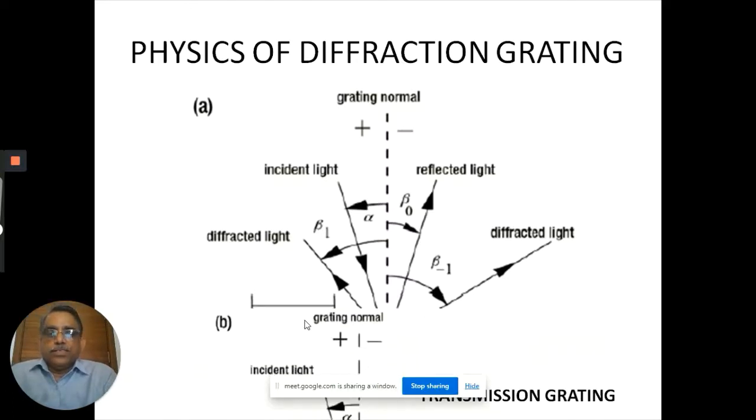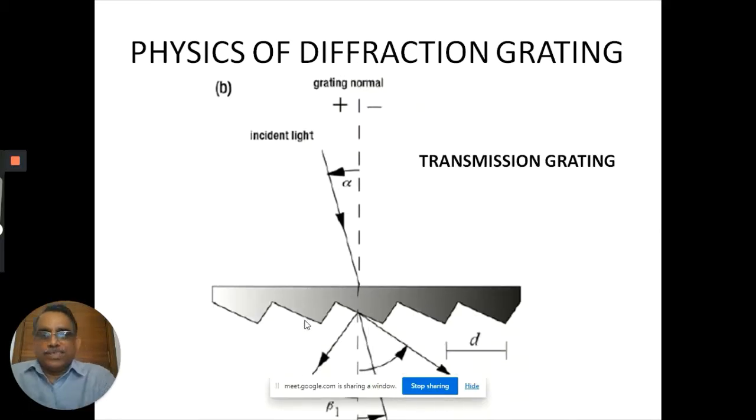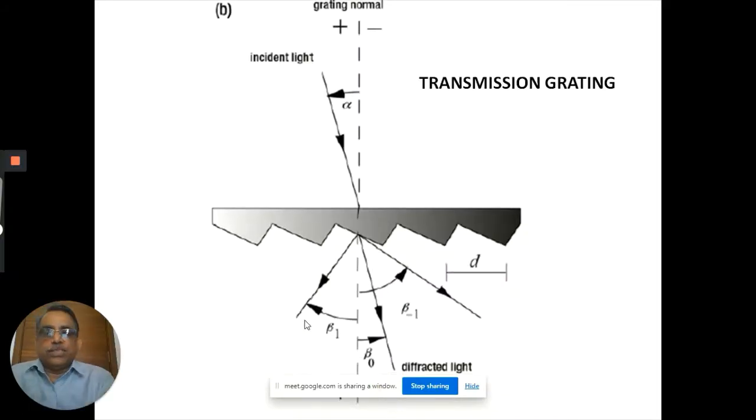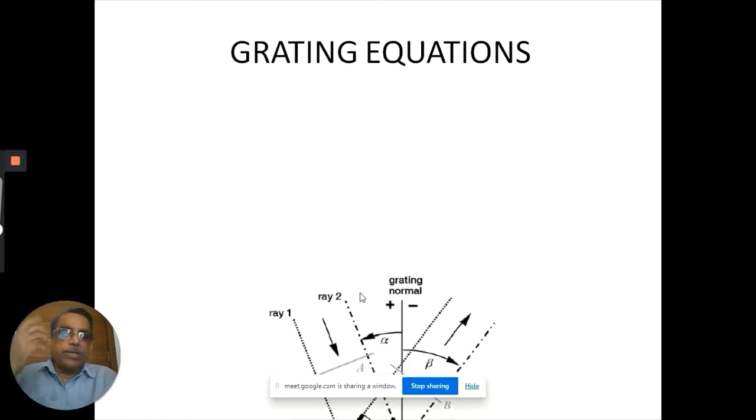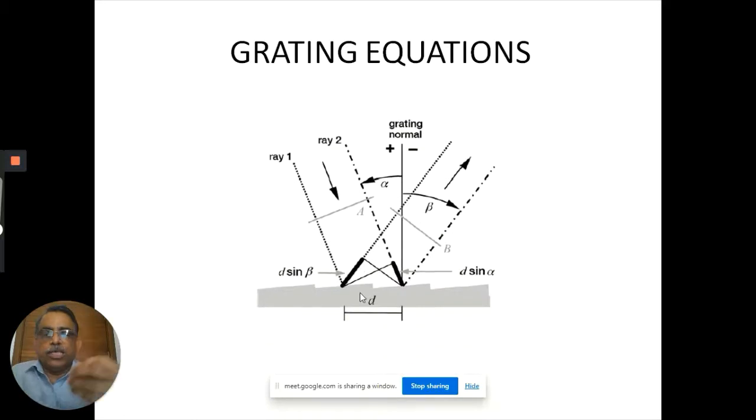Now if you look at the transmission grating, the incidence is on one side and the diffracted light comes on the opposite side. This is beta 1, this is beta -1. So you can see the different formats of gratings that we use. But in a normal spectrometer, we don't use the transmission grating. We use only the reflection grating. From your Bragg's law, you can also have a simple mathematical expression,